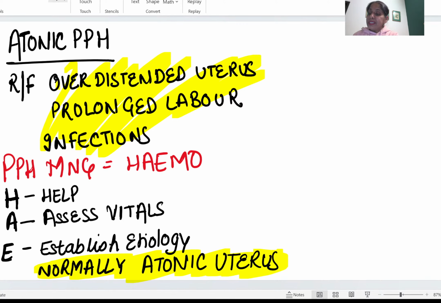Over distended uterus is seen in twin pregnancy, because the uterus gets distended a lot, in macrosomia, in